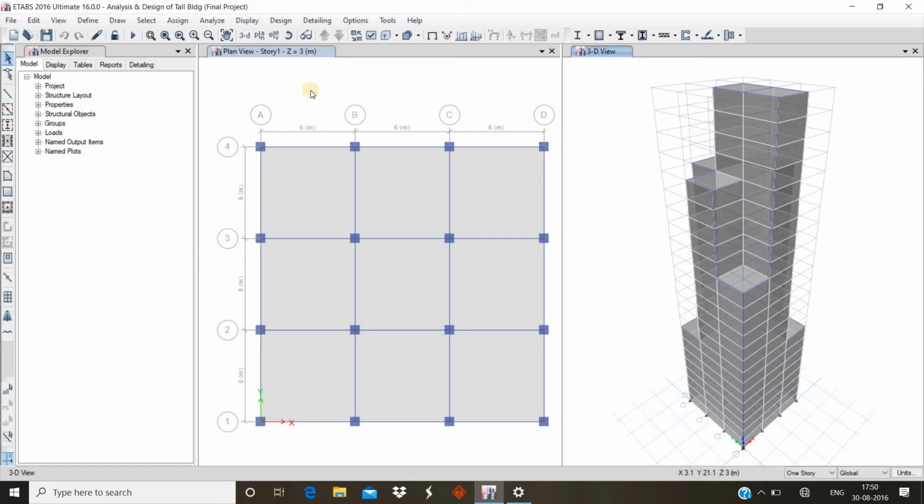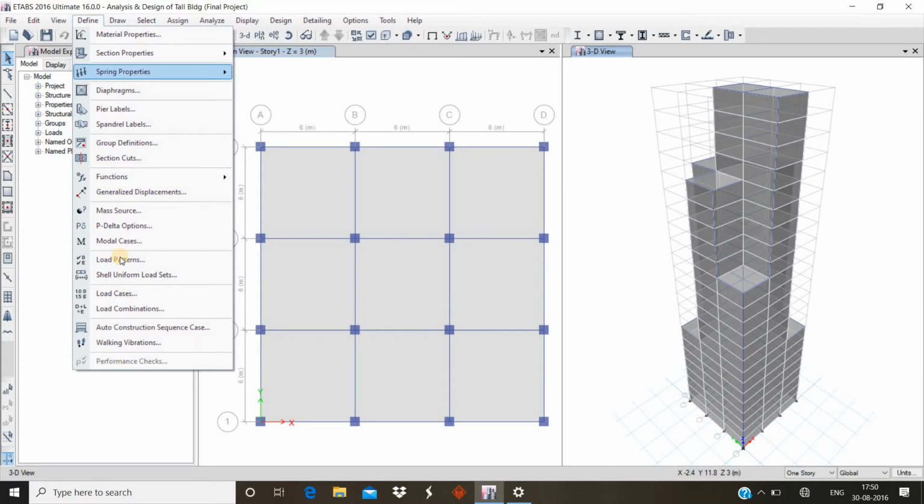For earthquake loads we don't have to apply them; we only have to mention them in this aspect. The program will calculate it on its own, as we have already added it.